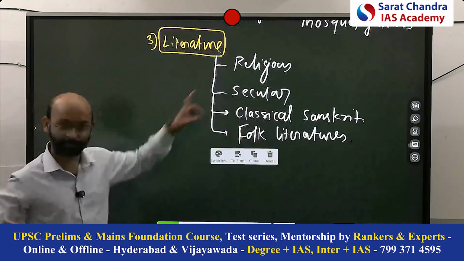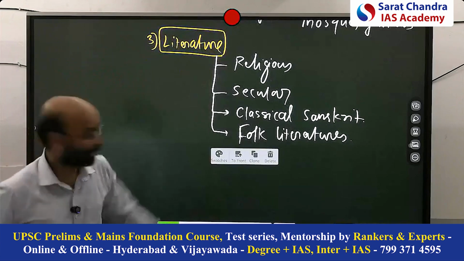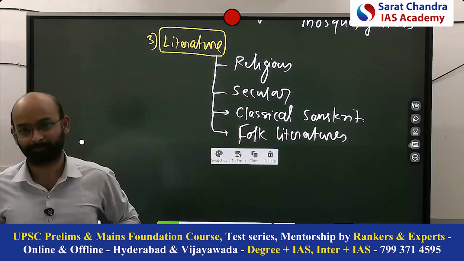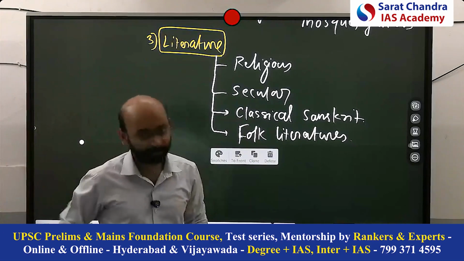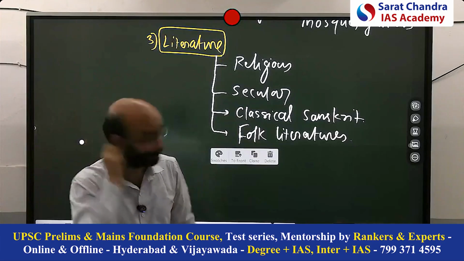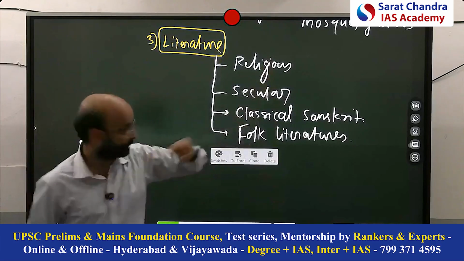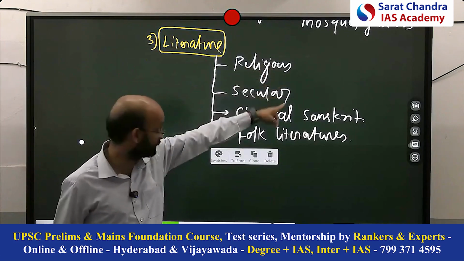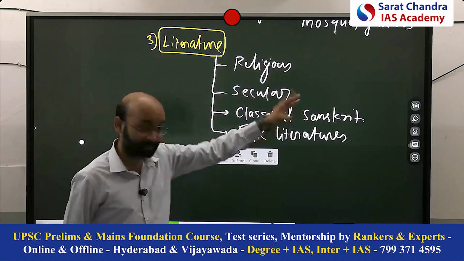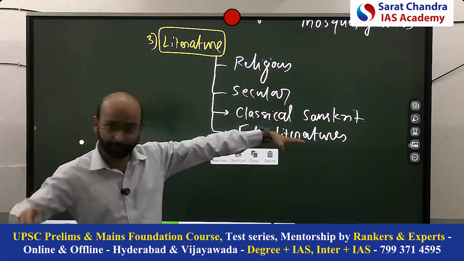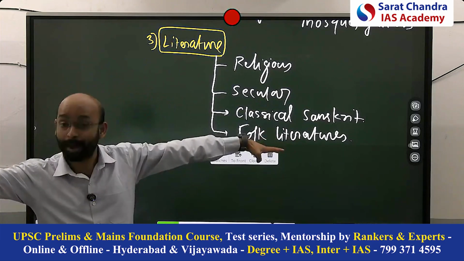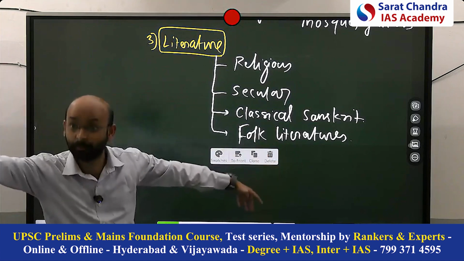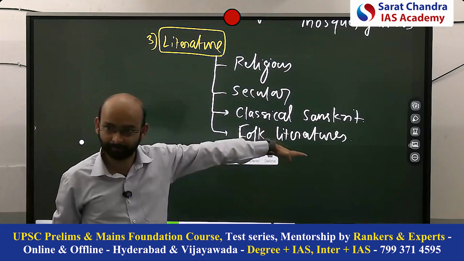See, if they ask the question on literature, it becomes very difficult. But if you know this classification, it becomes easy because every aspect you can write one point. Every period, whether it is Gupta period, if they ask Gupta period literature, we know there are religious literatures. We know there are secular literatures like Meghdootam. Manu's literature is religious. We know two features: classical Sanskrit, some are Sanskrit. Definitely there will be some folk literature, like in the Pali language, most of the Jataka stories of Buddhism written in the local languages. Right?